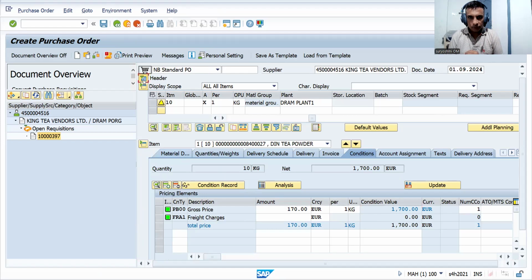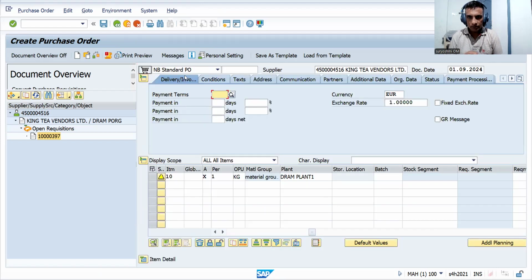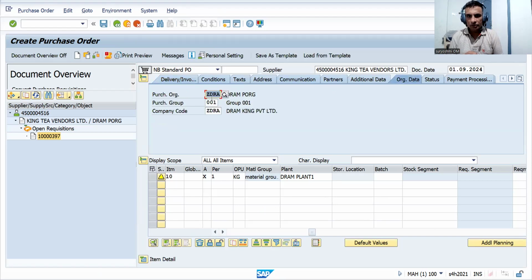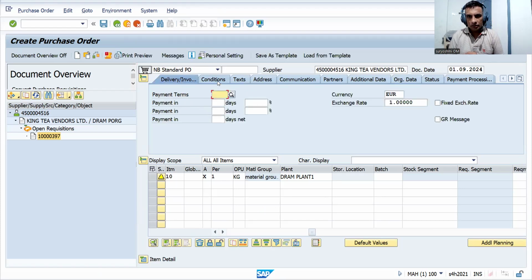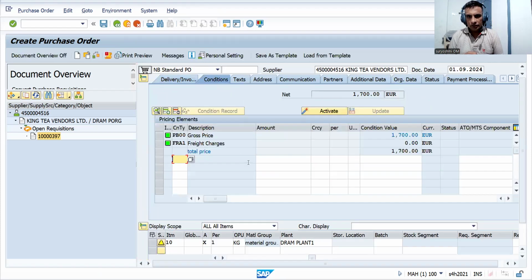If you'd like to see at that level, let's come here. Org data, you can see the purchase organization and company code. Conditions, you can see this PB00. Okay, so for it, we haven't maintained. If you want to see the messages, you can see this. Once you save, automatically